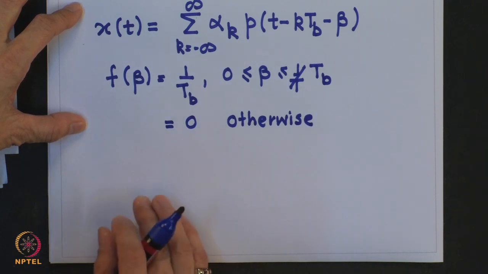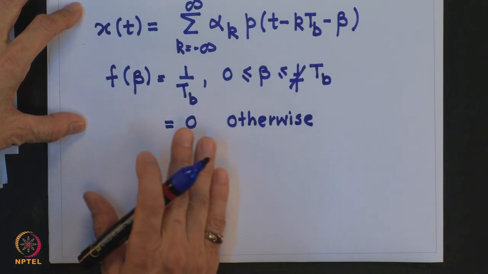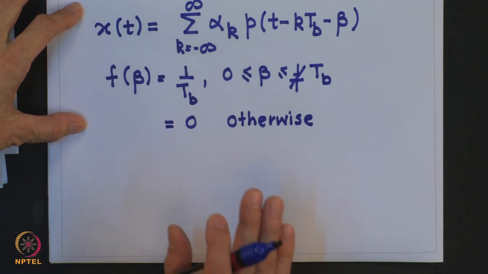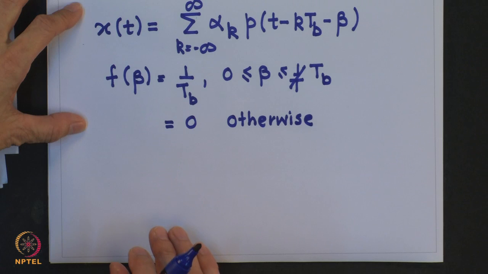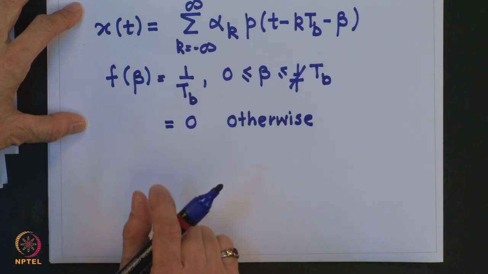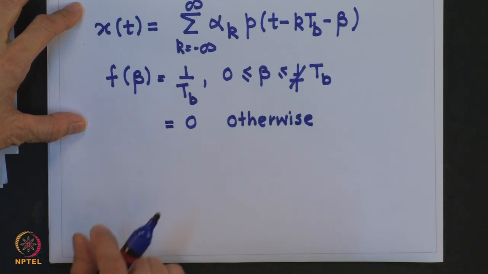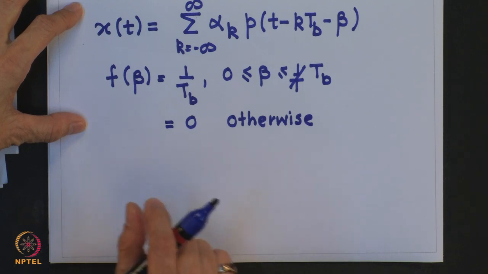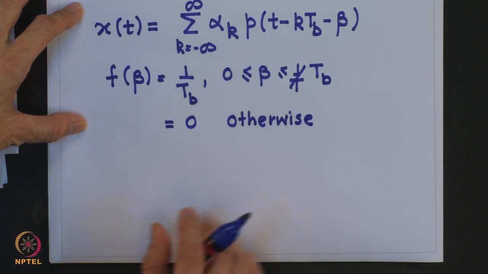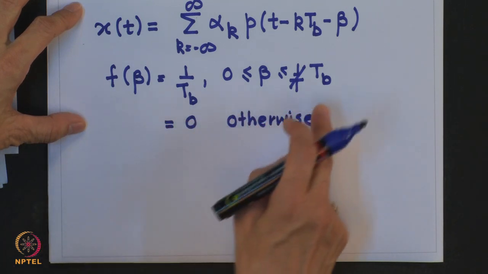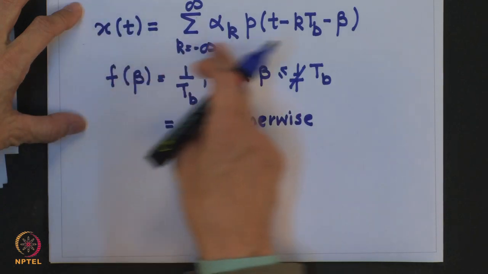What this implies is that the mean value of the process should be constant with respect to time and the autocorrelation function should only be dependent on the distance between the two samples and not a particular value of the time instance. So, let us try to first find out what is the mean value of this